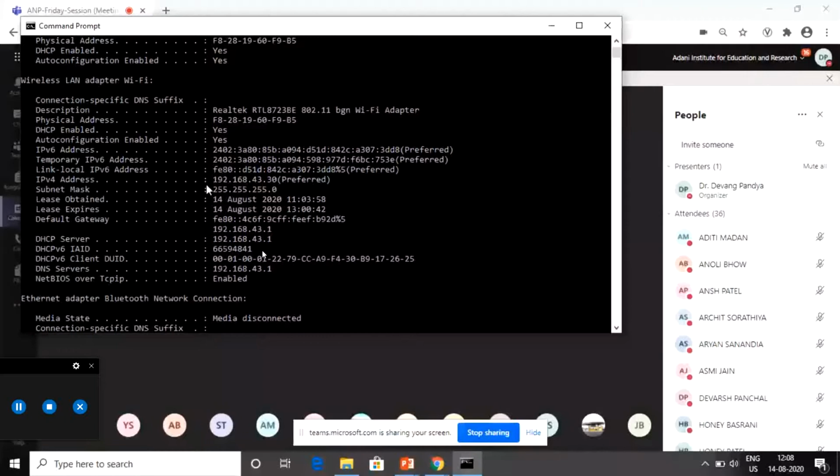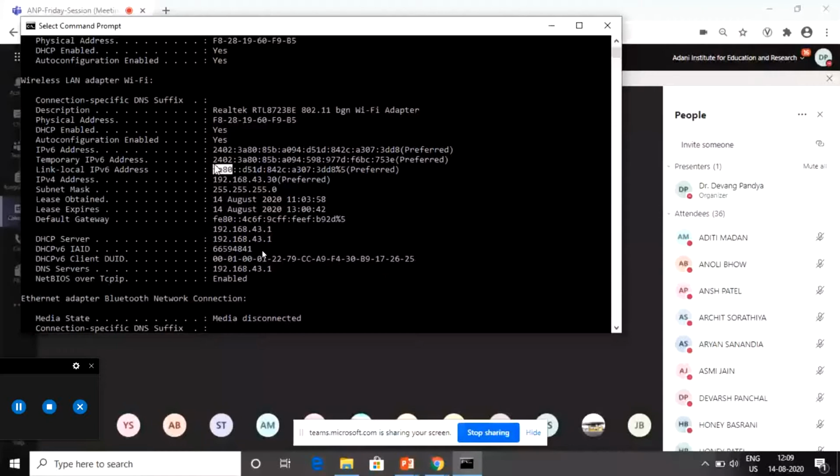This was the IP version 4 address, but here you see the link local IPv6 address, and that is very clear. It begins with FE80. Just recently we have seen that link local address has the prefix FE80, and that's what it is showing over here.